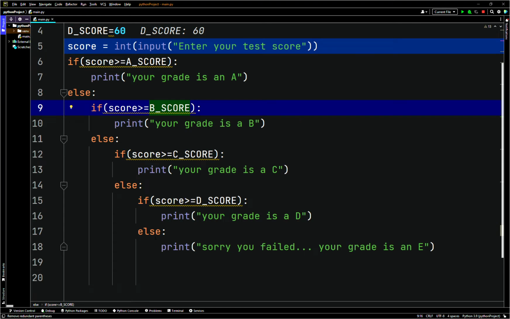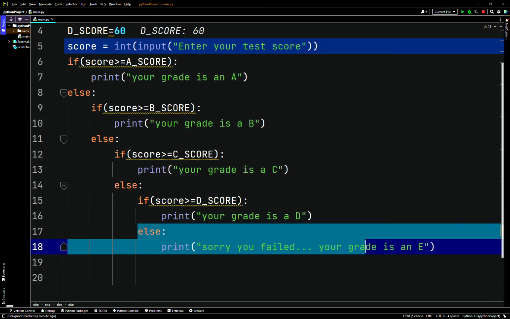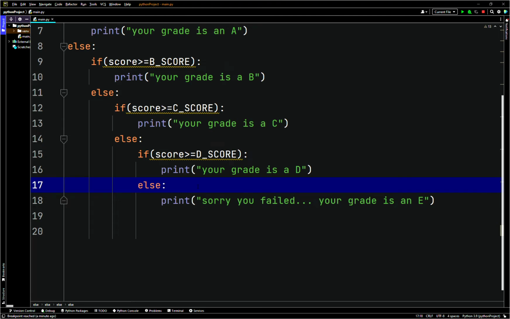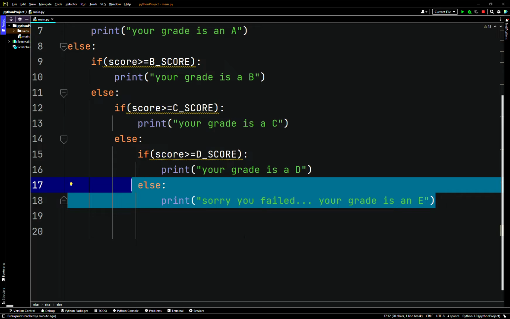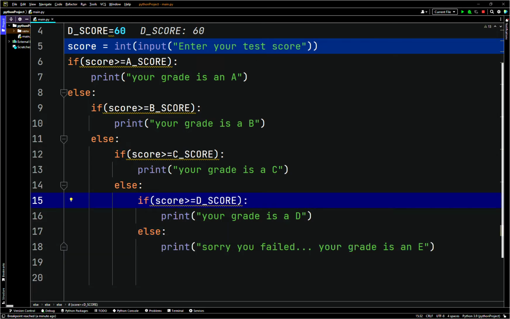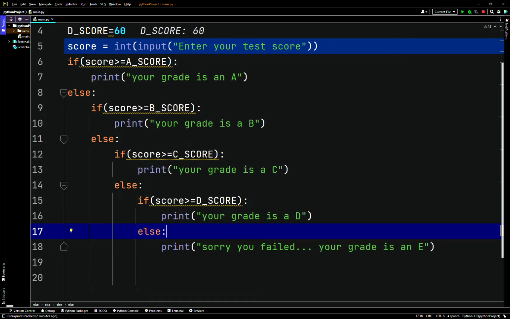If none of these are true, this one always has to get hit. So if we do a number less than 60, then it's always going to come into this range. This else clause will always get hit. This else here, Santa's helper, will always get hit because it's just a default case. So if it's 60 or less, since we set the bounds to be 60 or above for this to be hit, then it'll always get hit. If you do any negative number or anything,